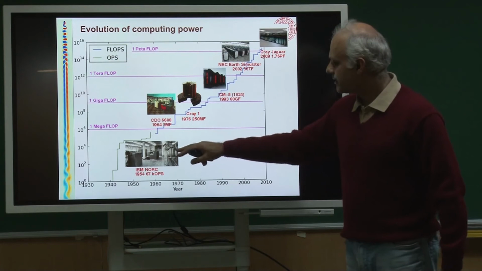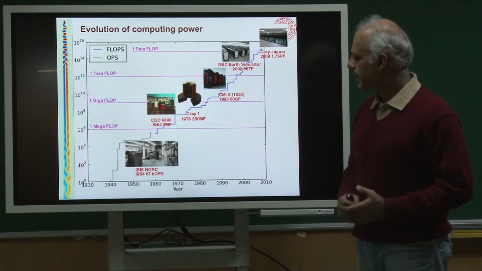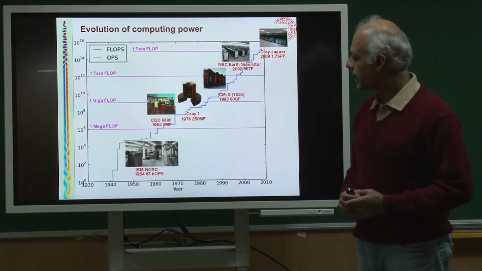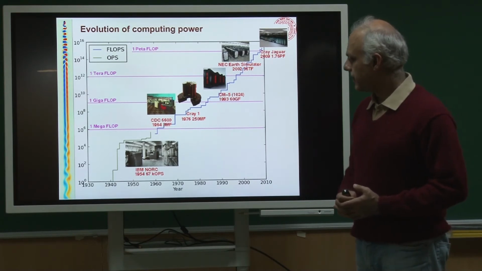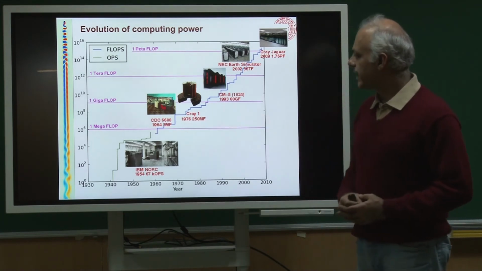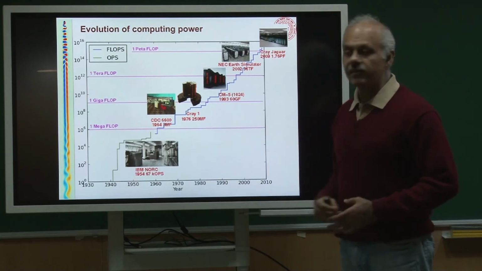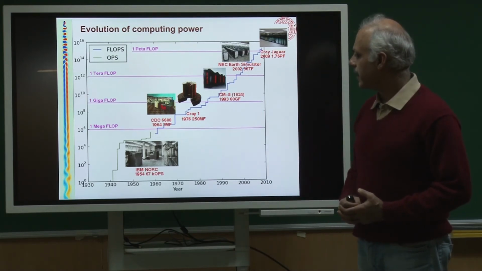So, you can see with the size of this computer, it occupies a big hall, it has all kinds of gadgetry, way ahead of its time in those days. Very few people would get to compute on it, but you can see it only gives you something like 67 kilo operations. Then you move to the Control Data, and that would give you something like 3 megaflops. Okay, that was really state of the art at that point in time.